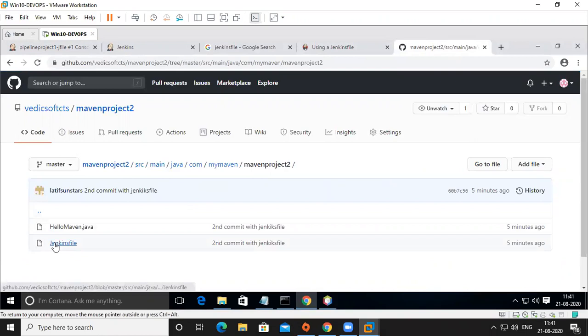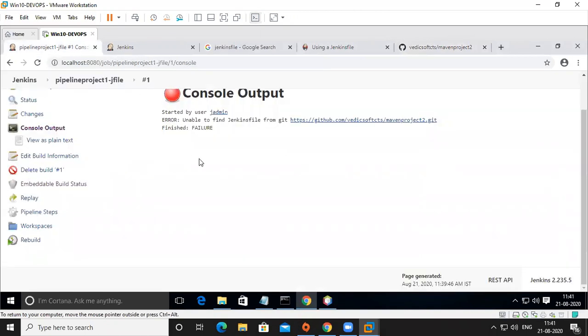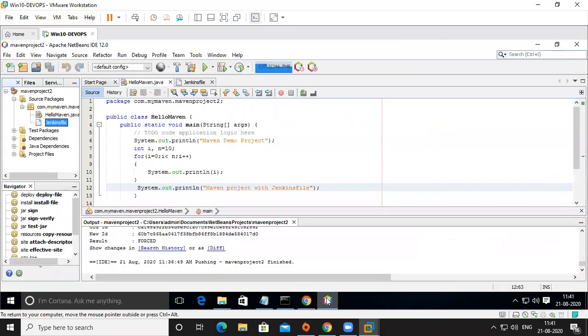The file should be here, under this one, not under this one. So it won't search inside, right? It should be here. We have to manually add it as well. We will see within this time. Otherwise, resources.